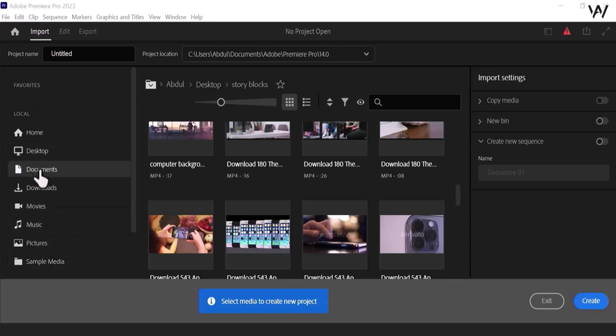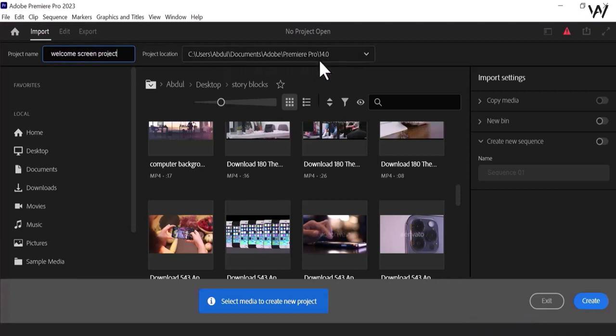These tabs have materials which we have in our computer, in our laptop, in our Mac, or in our system. This is a project name. You can write a name for your project if you want to create any project. First of all, you select the name of your project. For example, we select that this is our first project. So we select that welcome screen. Select this welcome screen